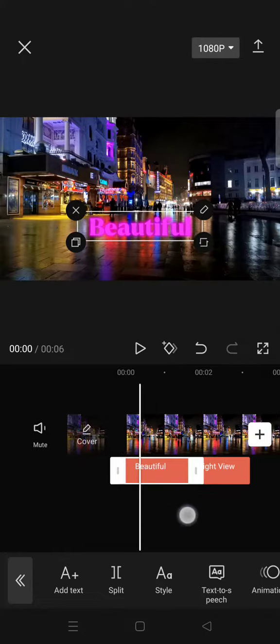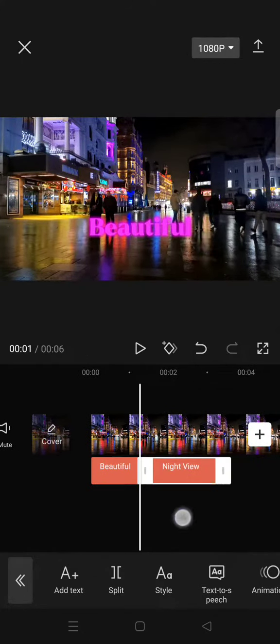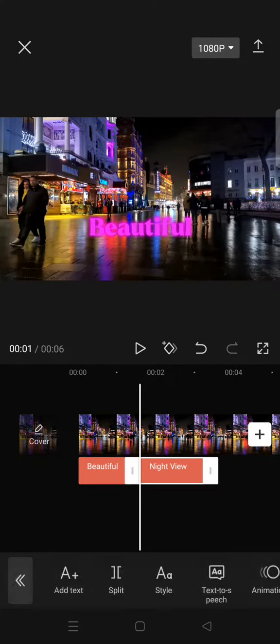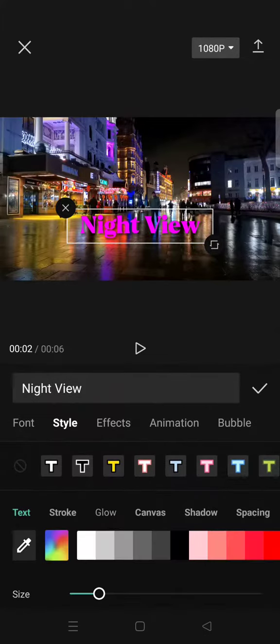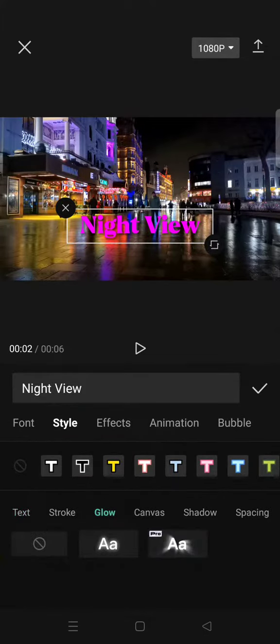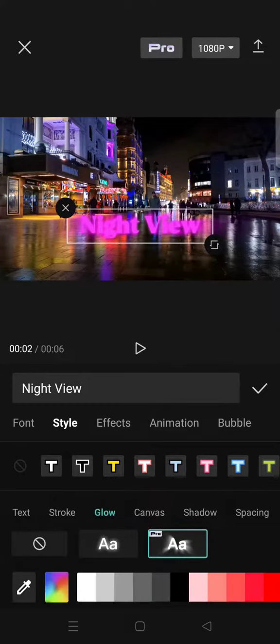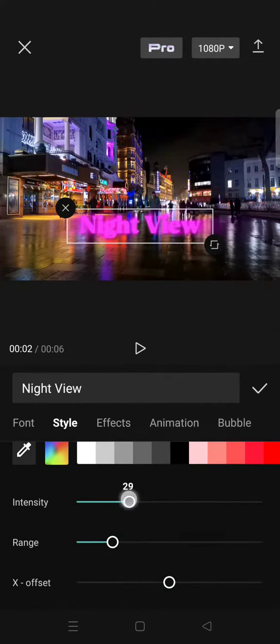Okay, click on the check icon, and now go to the second text and add keyframe at the start and also in the middle here. And on the second keyframe, go to Style, click on the glow, and now select the second glow options, the Pro version, and here adjust the intensity range